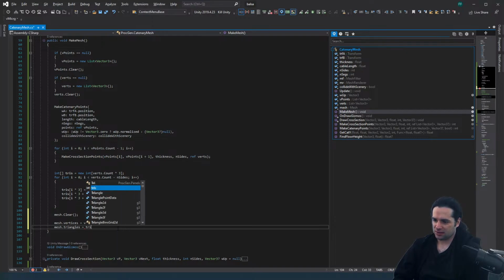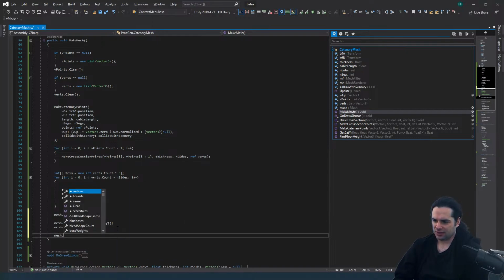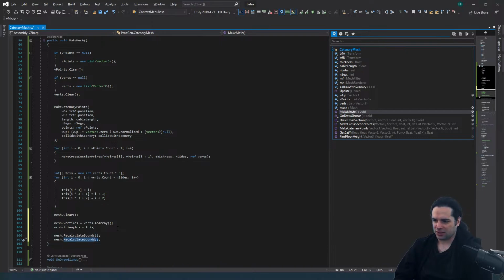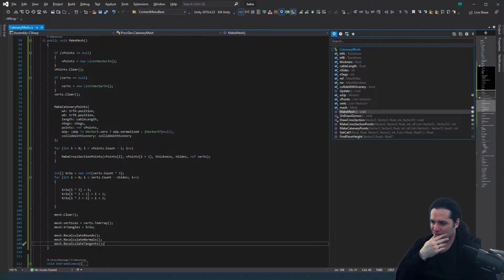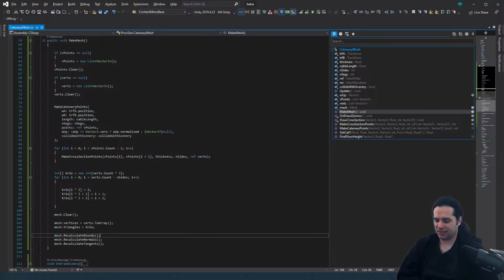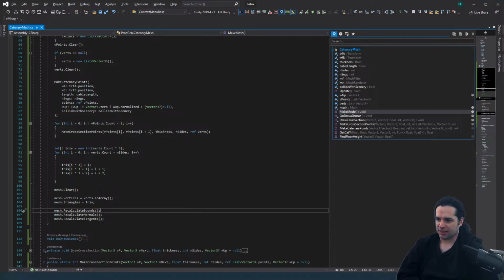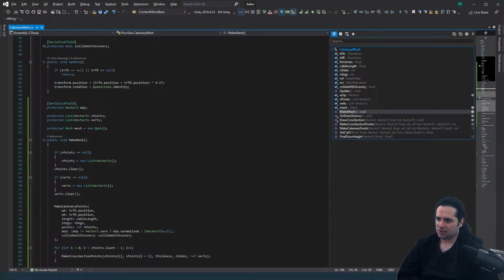Triangles is triangle. Then there is, I think, an apply method or recalculate bounds or something. Recalculate bounds and I guess recalculate normals as well, and recalculate tangents, because we don't really need to do anything different. These are the standard Unity solutions for that kind of thing. So by doing this, we can now,